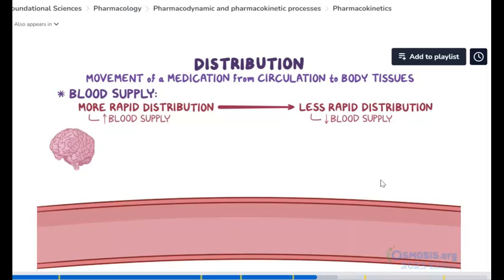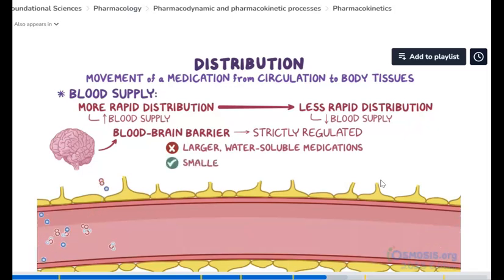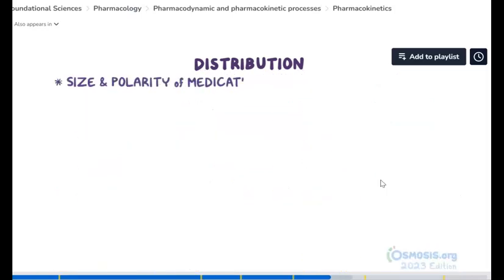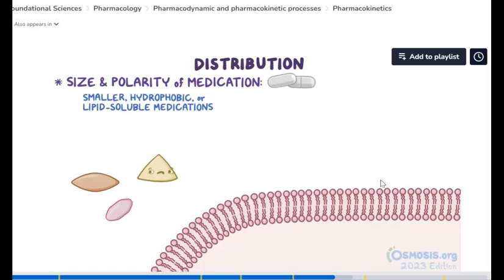But for any medication to enter the brain itself, it has to go through the so-called blood-brain barrier, which is strictly regulated. Think of the blood-brain barrier as the brain's bouncer, a highly selective membrane that turns away large, water-soluble medications that are floating around in the blood, while letting in smaller, fat-soluble medications. Similarly, the size and polarity of a medication affects its distribution. So in general, smaller, hydrophobic or lipid-soluble medications can easily cross through the lipid bilayer cell membranes, giving them an